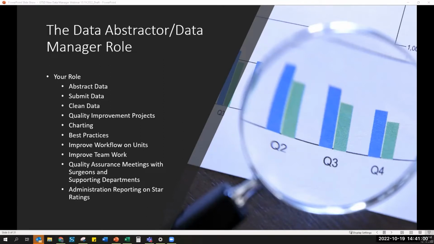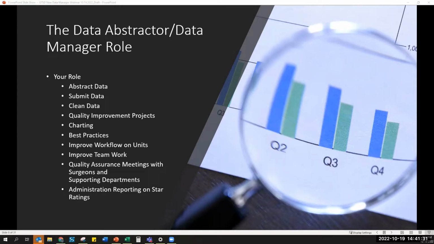One of the talks at the AQO is going to be specifically about quality improvement projects that sites are participating in. There is a role in chart review, perhaps, depending on your location, best practices. So looking at ways that the data can be used to shape practice at your institutions, improving workflows on units or within the OR,